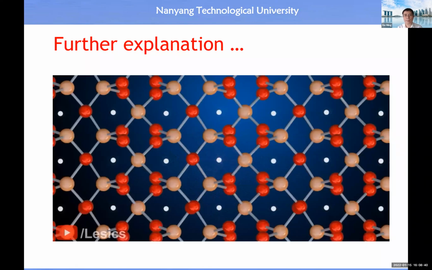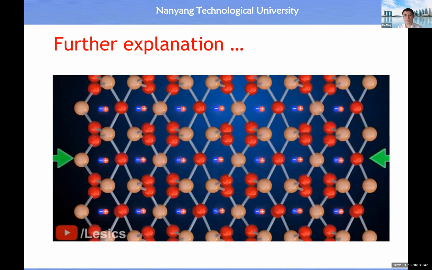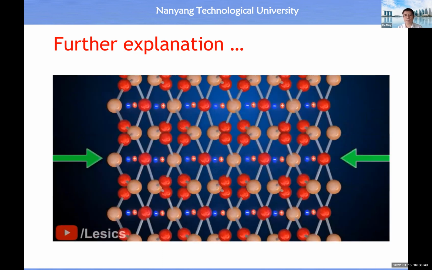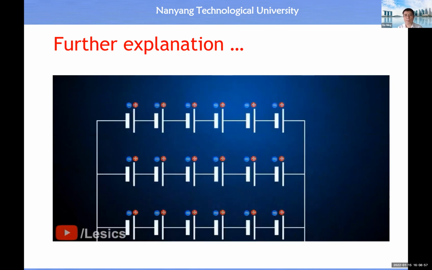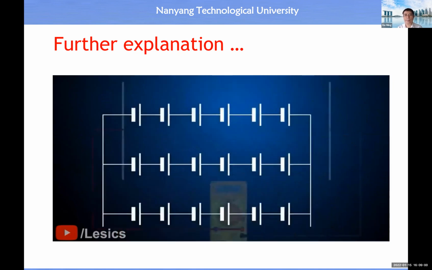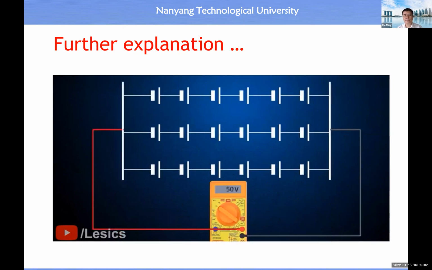So now, if we apply a compressive force across the entire material, the individual charge separations of these hexagons will add up to generate a voltage across the material. Let's replace these charge pairs with small cells. It is clear that if we have more cells in the series, or the thickness of the material is more, the net voltage developed will be more.